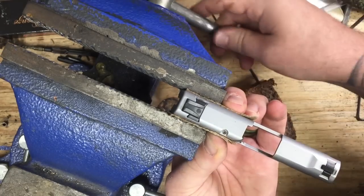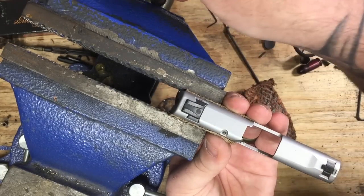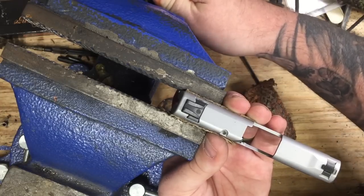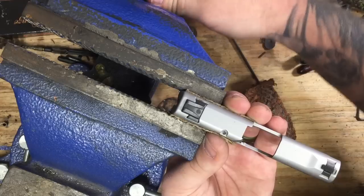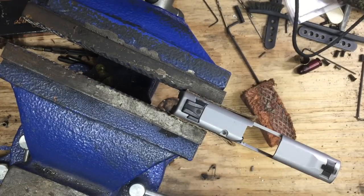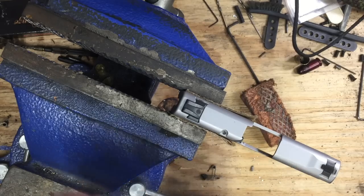You don't want to over squeeze it because you will mess up the rails on the slide itself, and then it won't go on the frame. You just need it snug. Alright, so then we're going to take our brass punch,